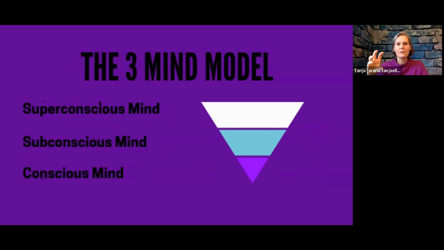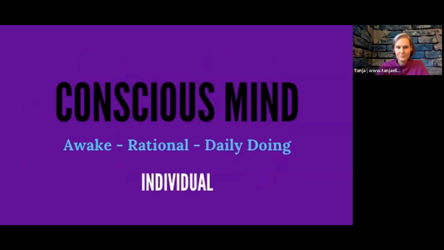We could imagine here, of course, this is a model that helps us to understand. When we speak of the mind, we can distinguish three levels of consciousness: the conscious mind, the subconscious mind, and the so-called superconscious level of the mind. As you see in the graphic on the slide, the conscious mind is the smallest part of this triangle. We have the subconscious mind in the middle between the conscious and the superconscious. And the superconscious mind is displayed as the biggest part of the mind. We get to this now by looking at the different sections.